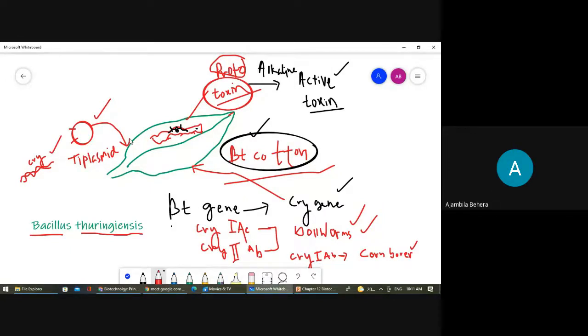Okay, so this is the novel strategy to ward off insect pests like cotton bollworm and many other such insects. Then we have different other strategies